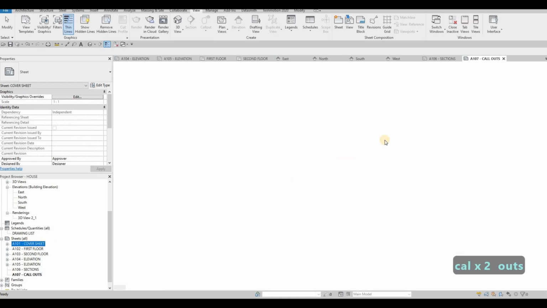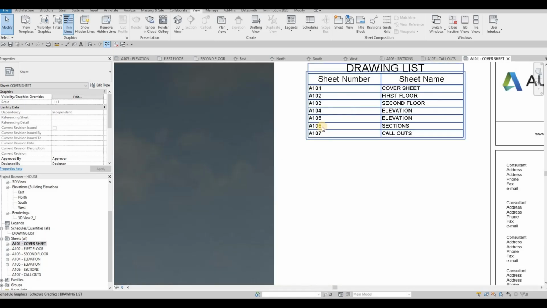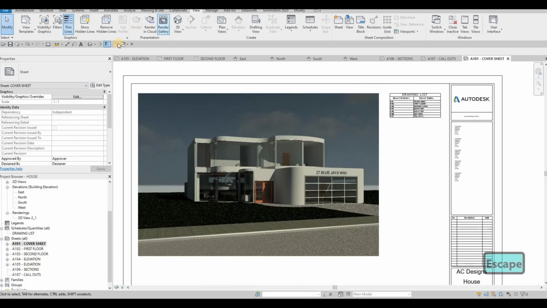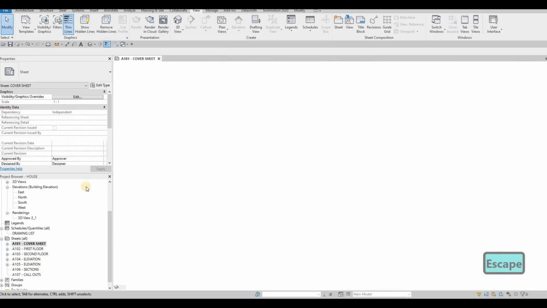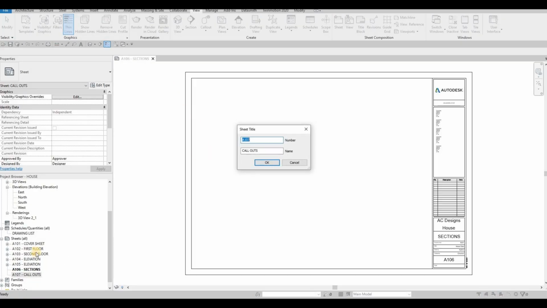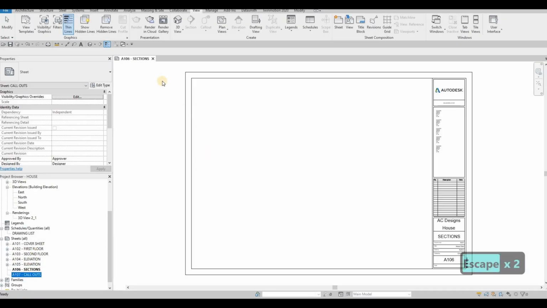So now if we check cover sheet, as you can see, it added sections, and then it added callouts. So now what we need to do is, I'm just going to make sure this one is the only thing, and the callout is turned on,